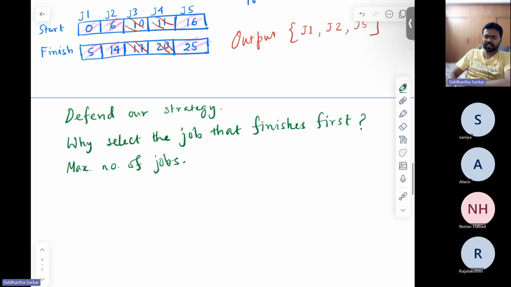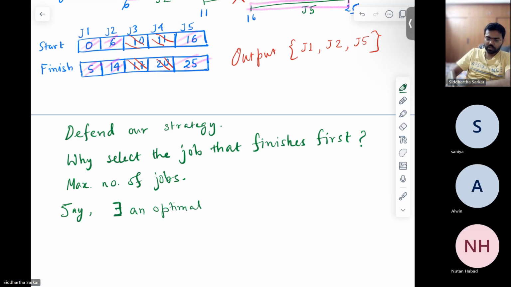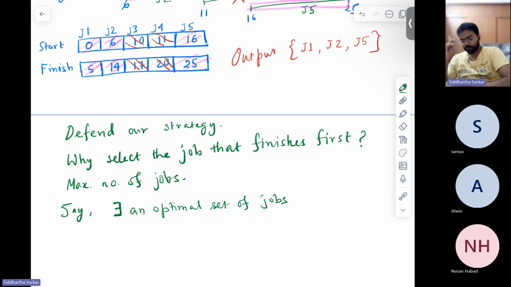So let us say that the algorithm is not correct, or let us say that there is an optimal solution. Suppose that there exists an optimal solution. Optimal means best, or rather optimal set of jobs. That means you have a maximum number of jobs. So we are looking at the set, which are the jobs you pick. So suppose there exists an optimal set of jobs which